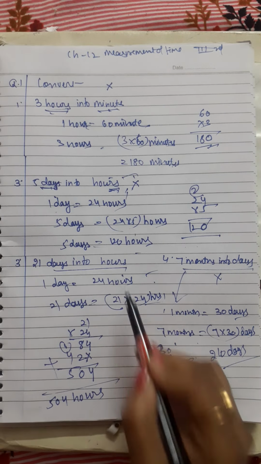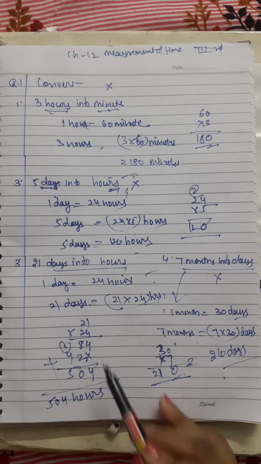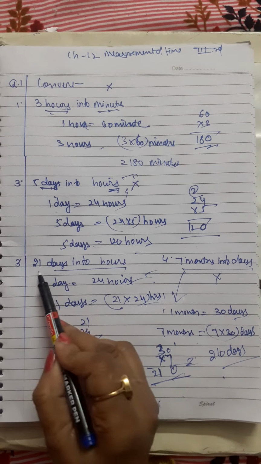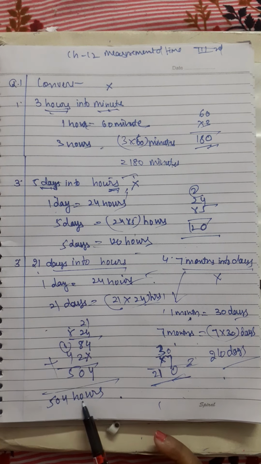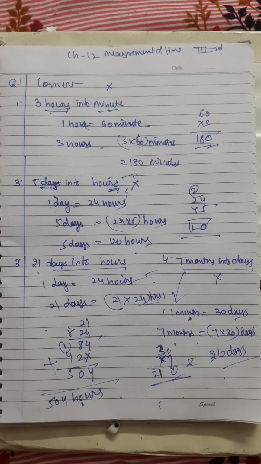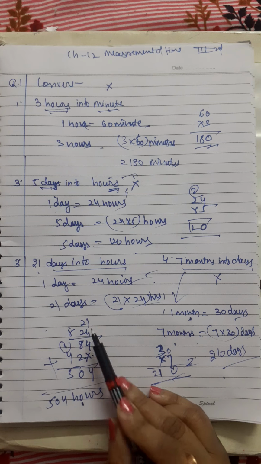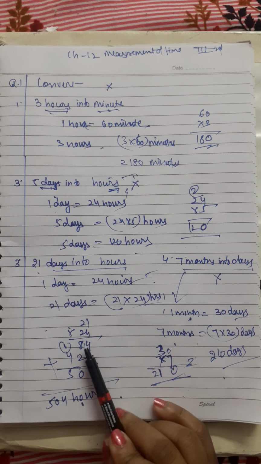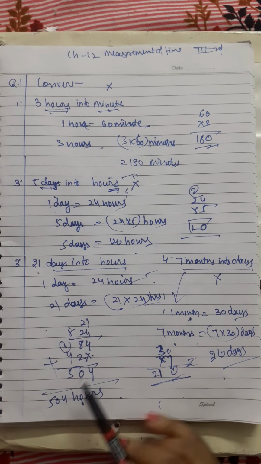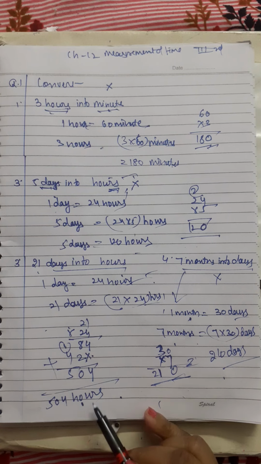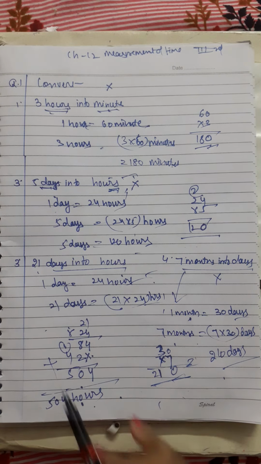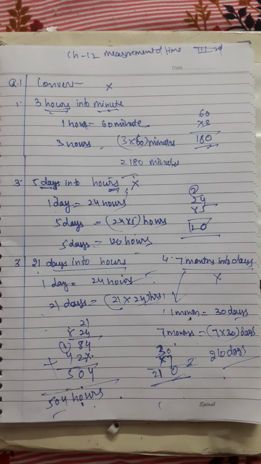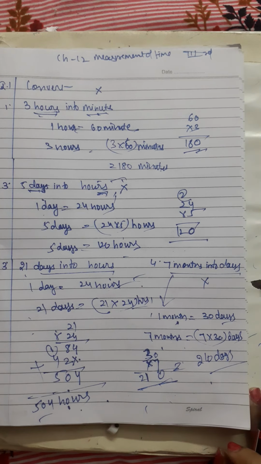Here days to convert into hours. Same as the earlier one. One day has 24 hours. 21 days को hours में change करना है. We will multiply 21 by 24. Now we will do multiplication. 4 1s are 4, 4 2s are 8. Now we will multiply by the 2. 2 1s are 2, 2 2s are 4. Now we'll find their sum. 4, 8 plus 2 is 10, 0 and 1 in carry, 4 plus 1 is equal to 5. So 21 days is equal to 504 hours.